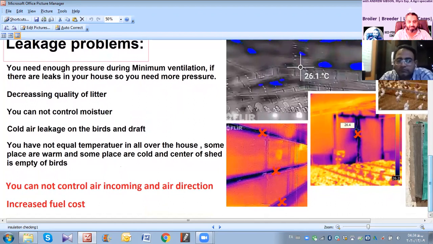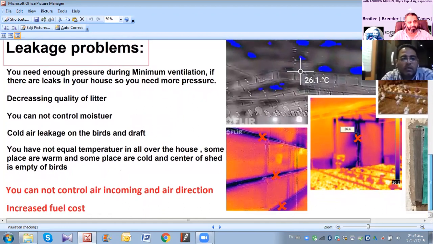Yes, the leakage problem. What is the problem of leakage? During minimum ventilation, you know better than me, Dr. Imran, you need enough pressure. If there are leaks in your house, you need more pressure. Litter quality decreases because cold air drops onto the litter.